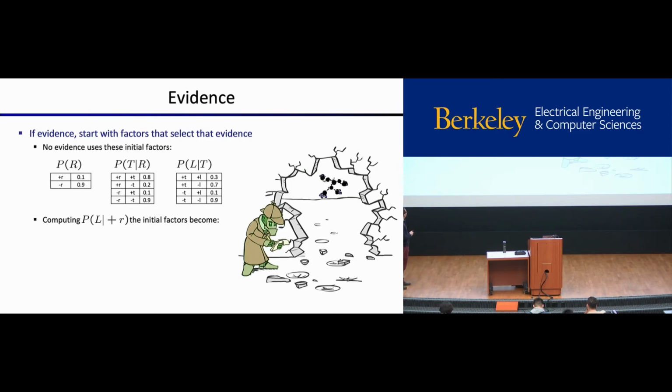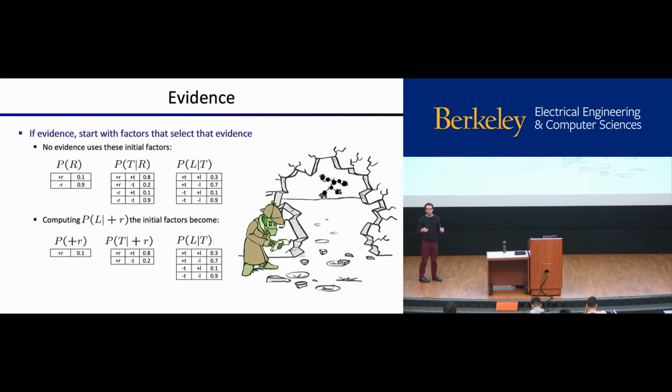But let's say that we know that it's raining, right? At the time that this thing crashed through the wall, it was raining, right? And he was wondering whether he was going to be late to class. So we know that it's raining, and so we say, okay, well, there's a plus r here. We don't care about the minus r. There's 2 plus r's here. We don't care about the minus r's. So we can simplify these tables. This one doesn't have any r's in it, so we can't simplify anything.